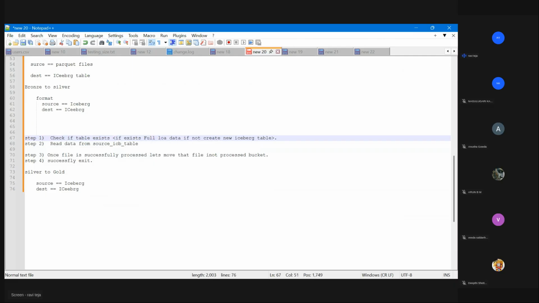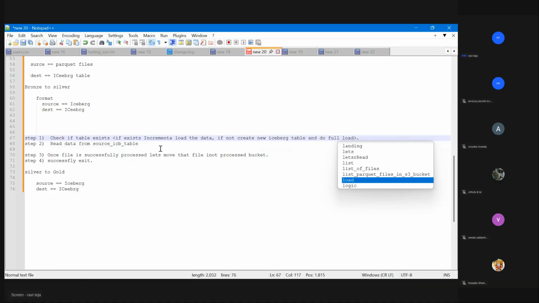If the target table exists, then incremental load the data. If not, create the new Iceberg table and do a full load.